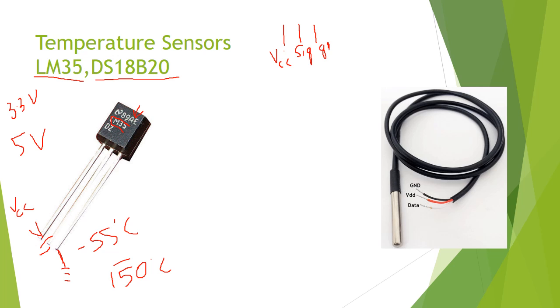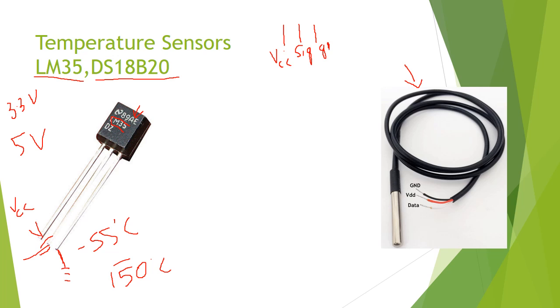In Arduino, there are analog pins and digital pins. So generally, this data pin is connected to your analog pins, because the data coming out is analog. So we need to convert this data to digital. We need to program it and then convert it. But the case is different for this